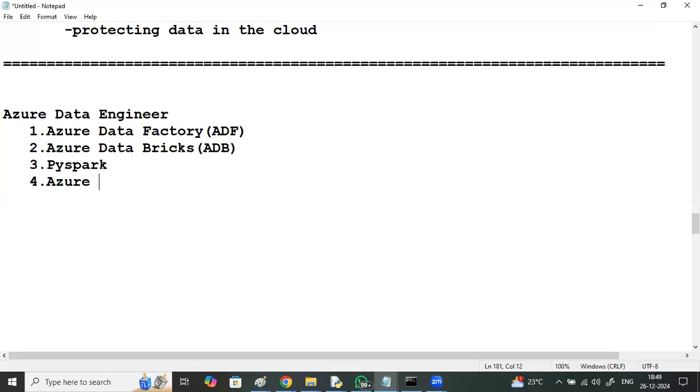Apart from this, the main discussion is Azure Data Factory, Databricks, PySpark, plus you will be